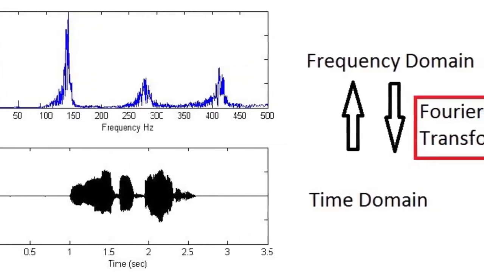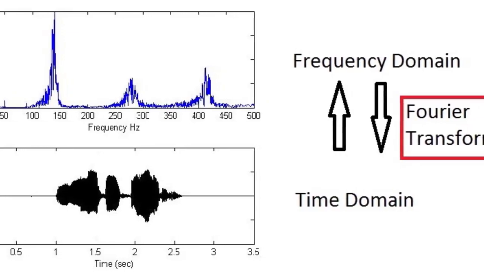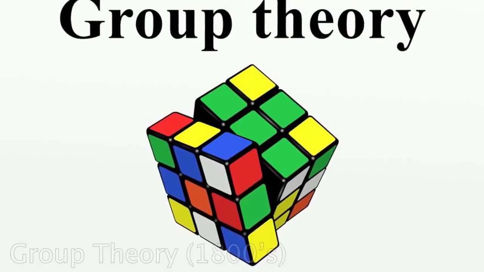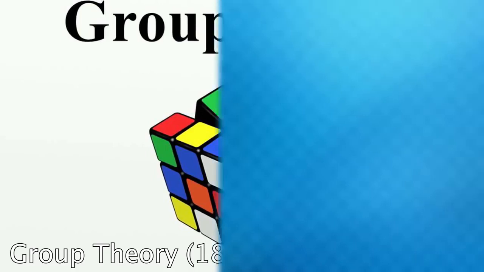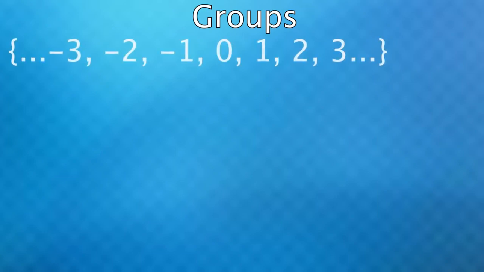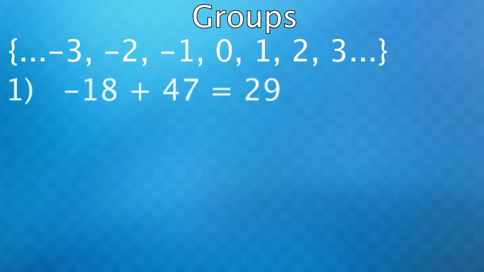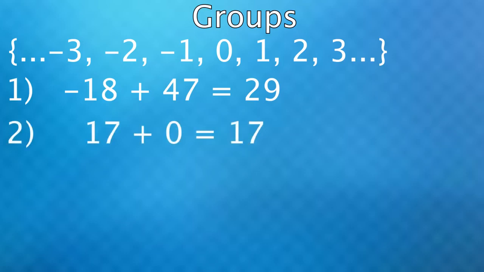Then, although difficult to trace back to a specific date, the fundamentals of a field known as group theory began in the early 1800s. This is all about the study of groups, and a group is basically a set of elements that, along with some operation, satisfy certain conditions. The set of integers under addition is a group for this reason. If you pick any two integers and add them up, you get another integer, something that's in the set. Then there also exists an integer in the set, in this case 0, where if you add any number in the set to it, you get the same thing out.